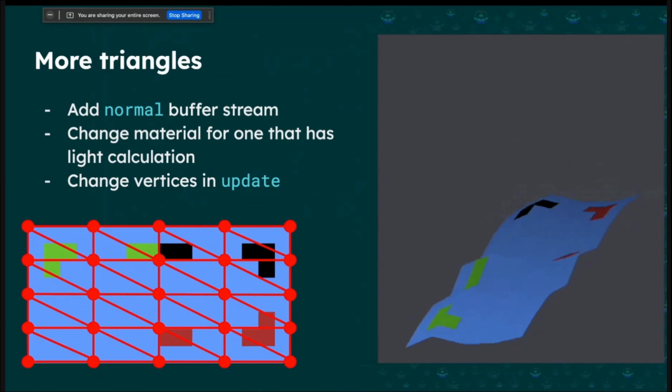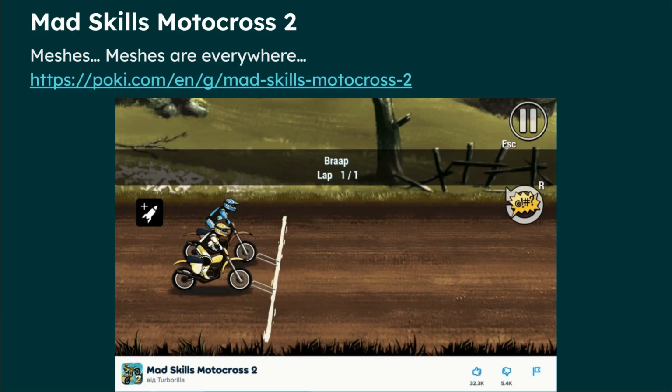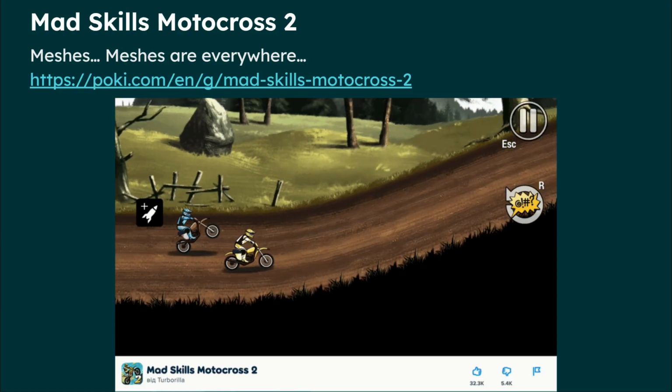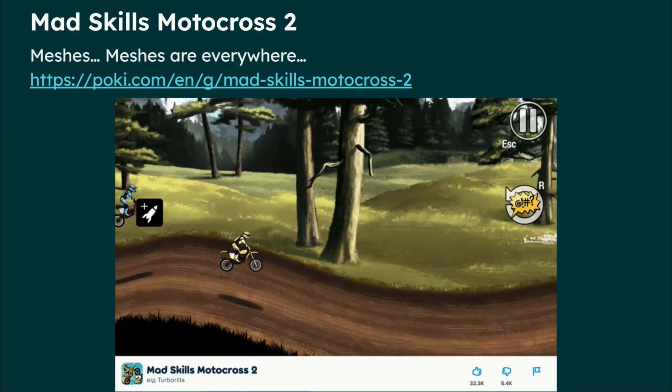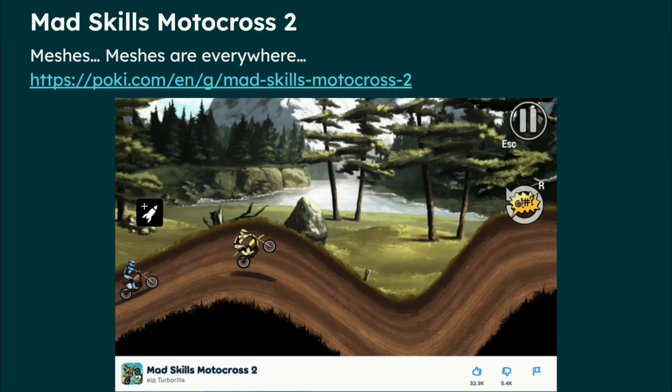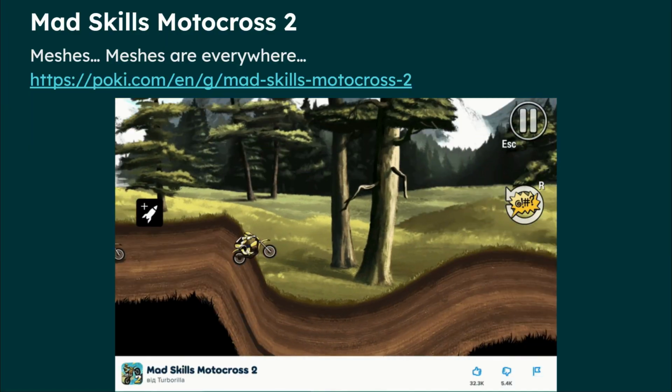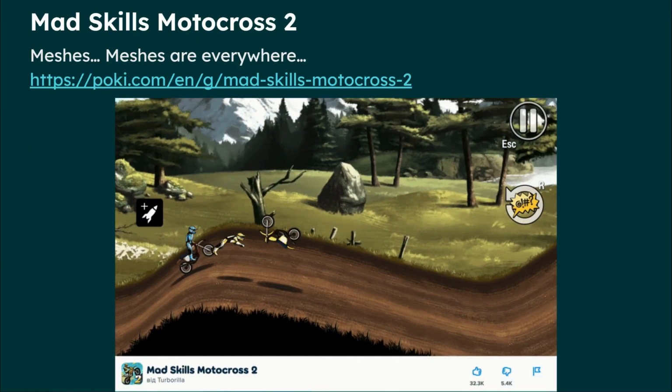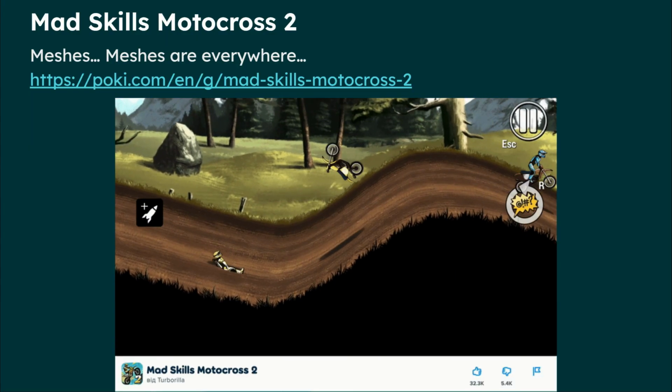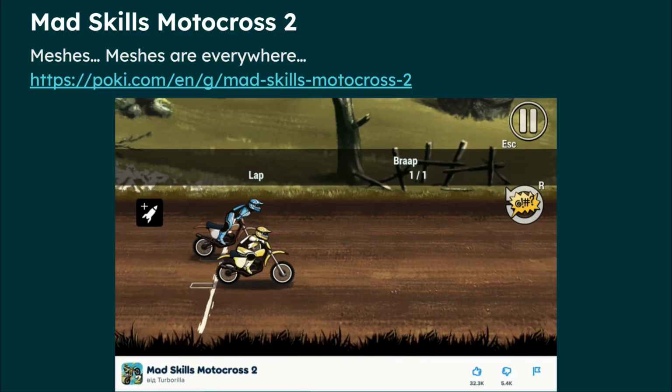Here is the best part of the meshes, that you could twist them, you could bend them, whatever you want. For example, I was part of the team that worked on this game. We were porting the project for the Pocky. You could check Skill Motocross 2 at the Pocky. This is the racing game,